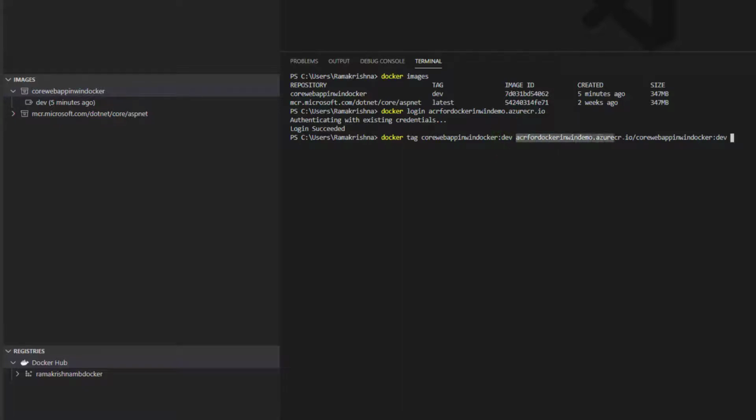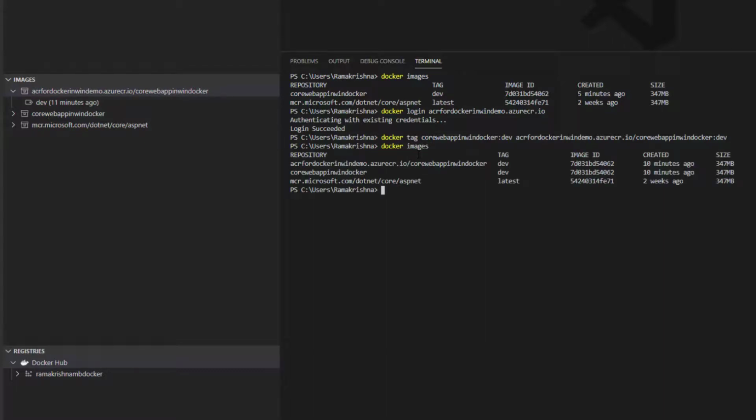So we have the URL for Azure Container Registry, and we have our image name, and let us tag it. Once we tag that, we'll see the new tagged image is created for us. If you use the docker command to see that, we have an image already tagged for this.